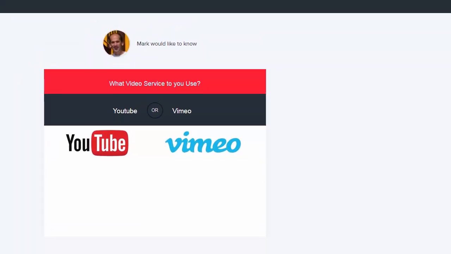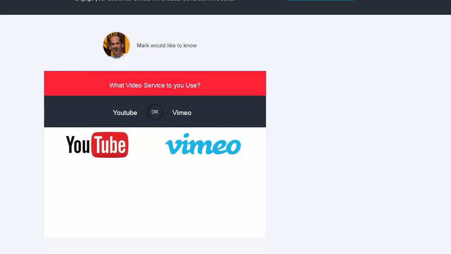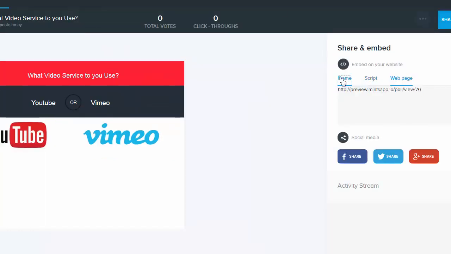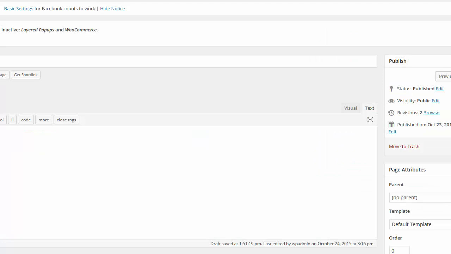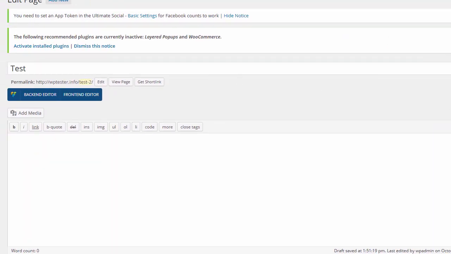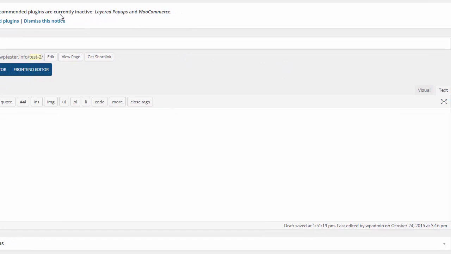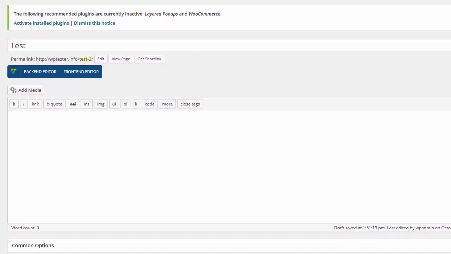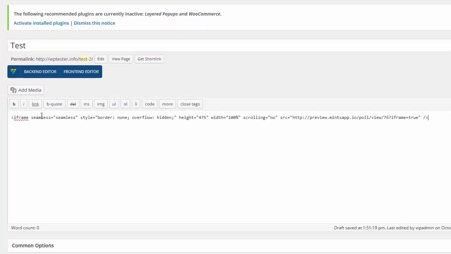People can share this and pull this right here. But you'll see what happens here. I can take this iframe, and I can grab that. I'm going to come over to my WordPress blog, and I'm just going to go to the text editor. Here's the text editor, and I'm just going to show you for illustration purposes what this looks like. Okay, there's the iframe, and you'll see that the height is 475, but I'm just going to make this a little bit smaller,